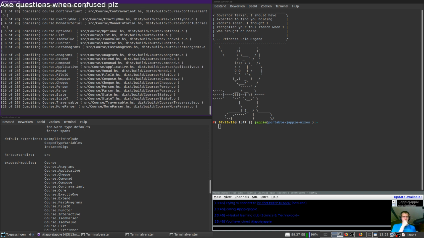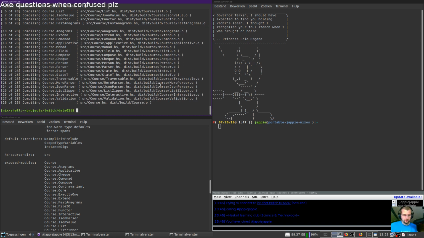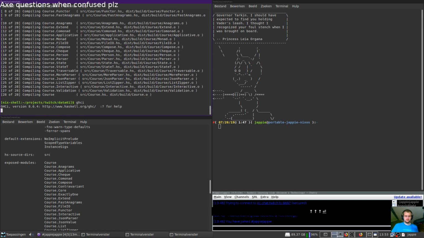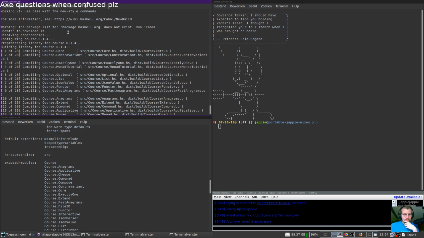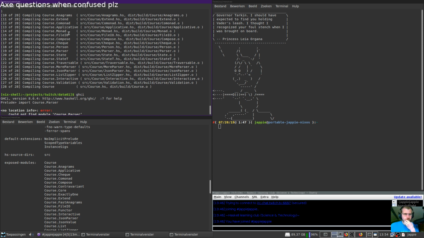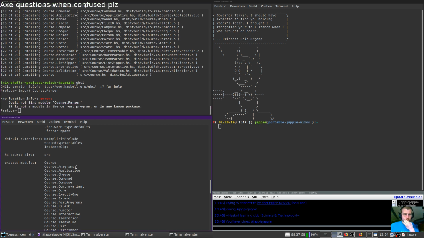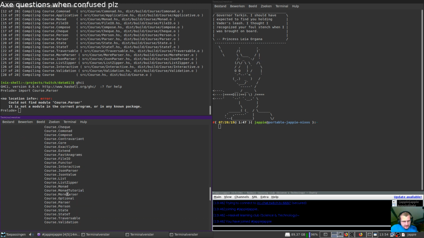And the reason for that is it needs to have some of these files, I believe. Link against. I don't know. Now import. No, we don't know how to do this. Okay, that's a problem. Well, it would be really annoying to run then. Then I need to make my own main file. Yeah, that's a problem because I almost never use this stuff. Could not find module Course.Parser. But it's exposed, man. Isn't it? Yeah.